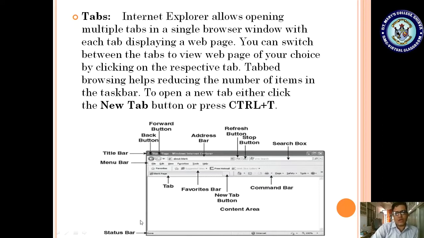So I have already just previously shown. By using that, easily I can switch, means navigate. I can choose by clicking the respective tab. Tabbed browsing helps reducing the number of items in the taskbar. So if you are using these tabs, then we won't use the taskbar for each one. Whatever the number of items appear on your taskbar, the taskbar means you are observing here.